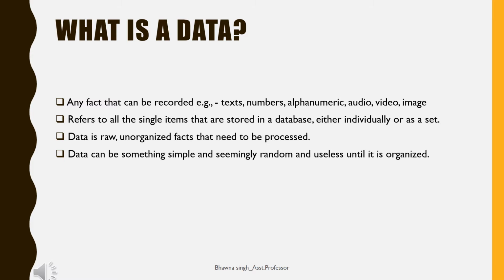Data is nothing but unorganized facts, or you can say these are the raw facts. For example, any number, any text, any alphabets, any alphanumeric, all these things are data on which we operate, and these things we process to give a useful information or a useful result. Therefore, data is raw, unorganized facts that need to be processed. And when we do some operations on these raw facts, it becomes a useful output, or you can say a useful result, which is also known as information.